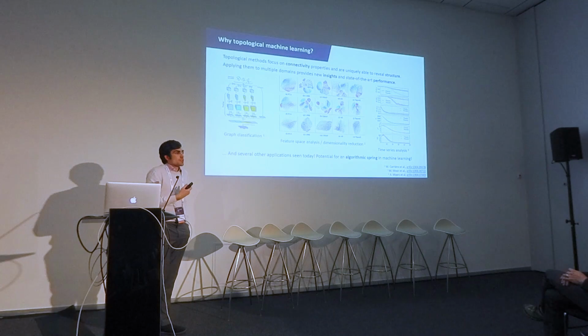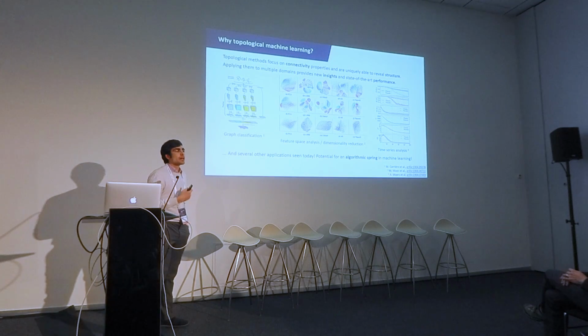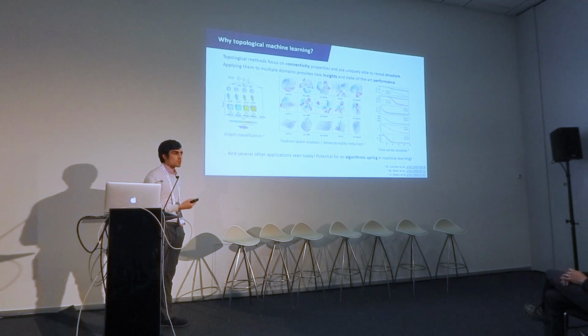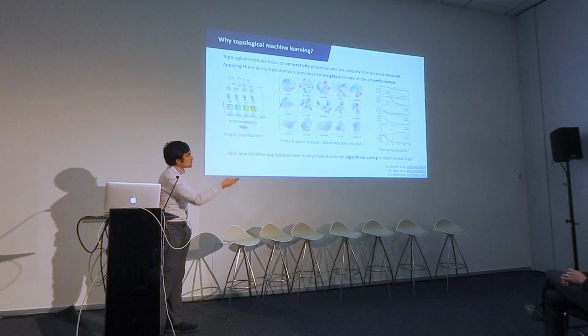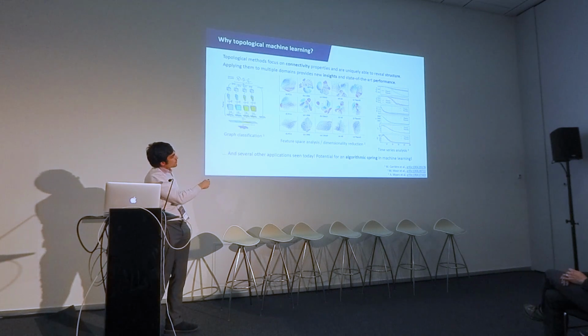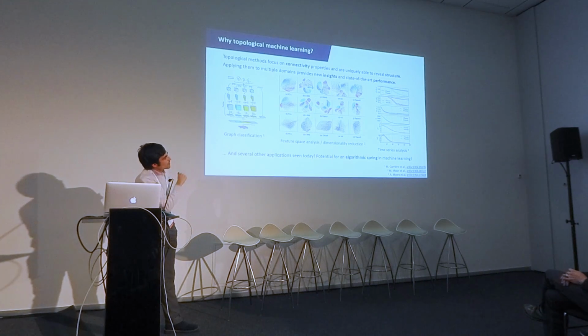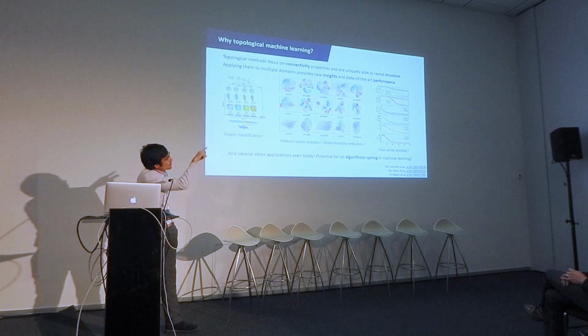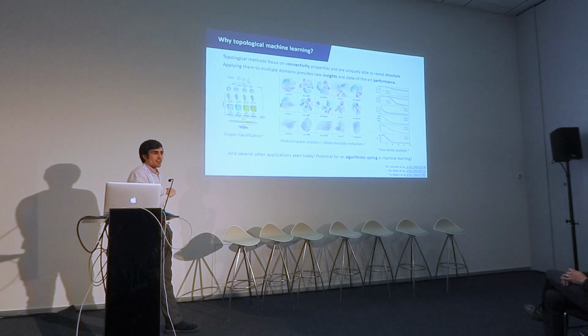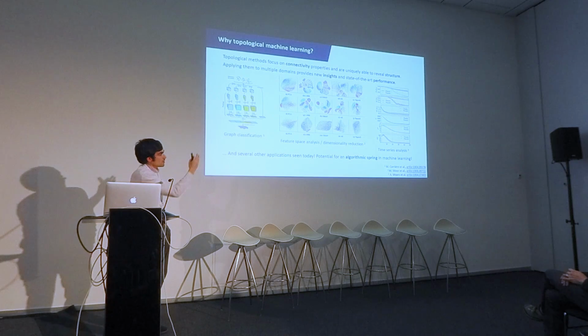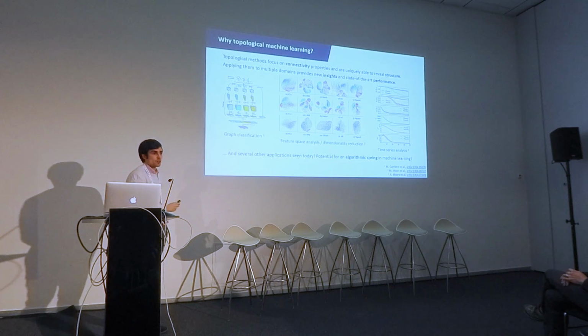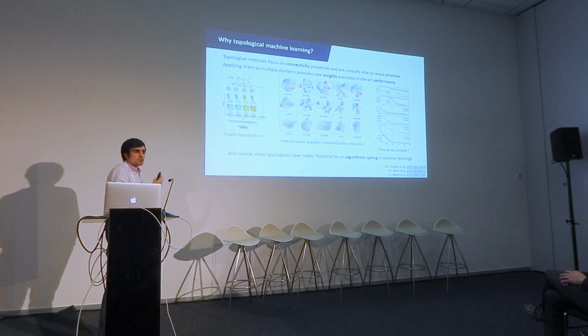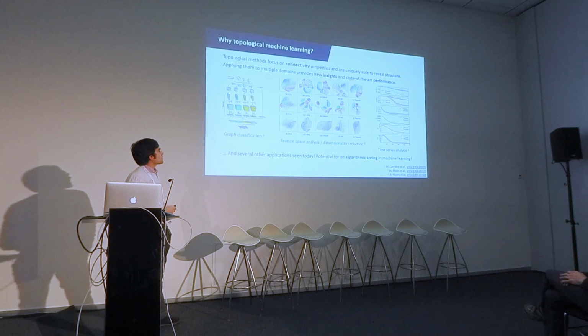TDA can make a difference in terms of sheer performance, especially if you're looking at high noise to signal ratios and want to distinguish between regimes. So I just point at the top figures up there, and I would like you to appreciate that the chaotic and periodic regimes are extremely well discriminated to the right of the diagram in the high noise scenario. And to the left, we've discussed it at length, graph classification is another field in which we are seeing very promising developments.